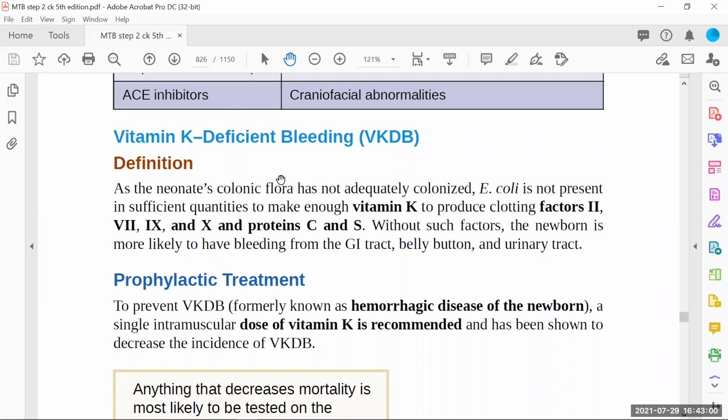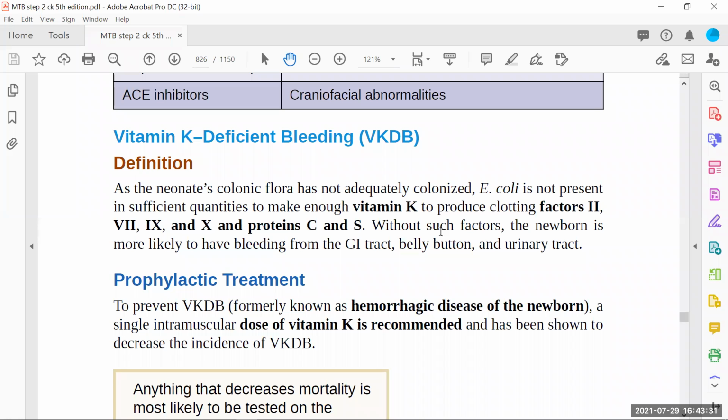So here it says, as the neonate's colonic flora has not adequately colonized, E. coli is not present in sufficient quantities to make enough vitamin K. These are the useful bacteria inside the gut, responsible for the formation of vitamin K. But of course, the newborn neonate doesn't have too much of this E. coli colony, these useful bacteria. So these newborn babies are not capable of producing these clotting factors,